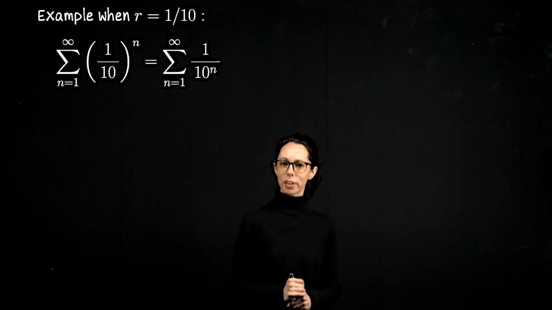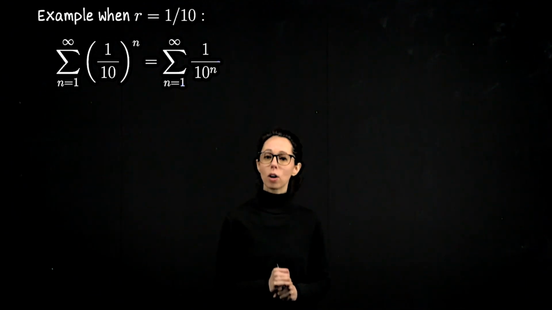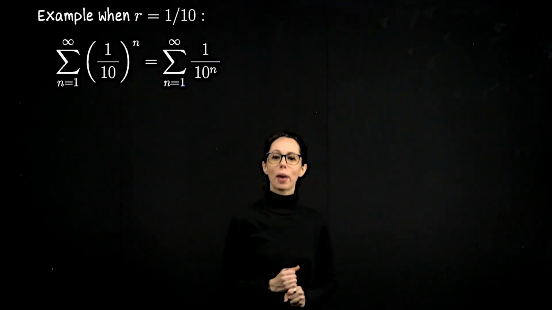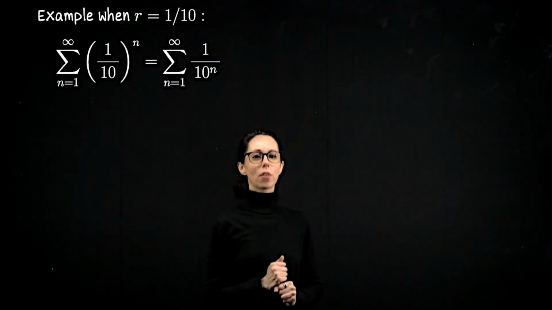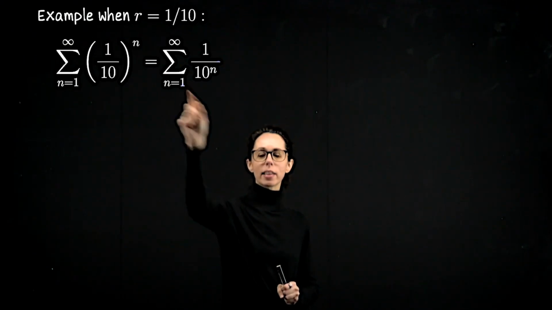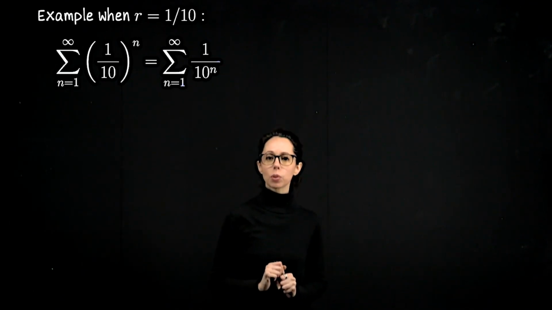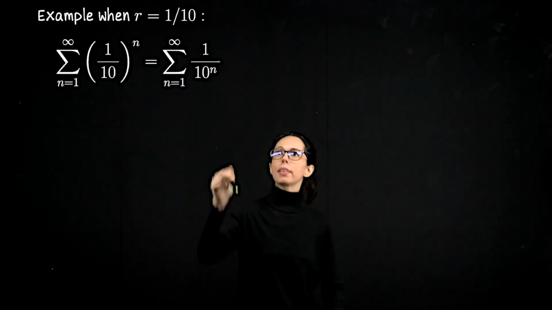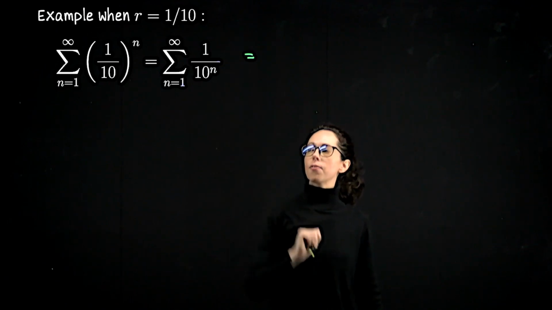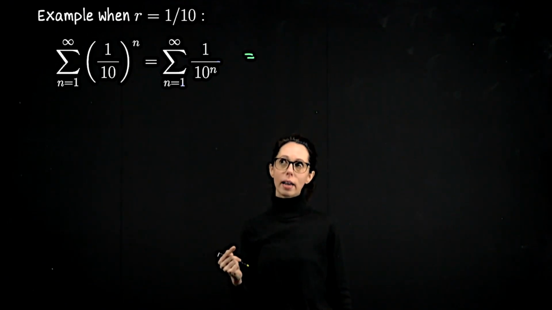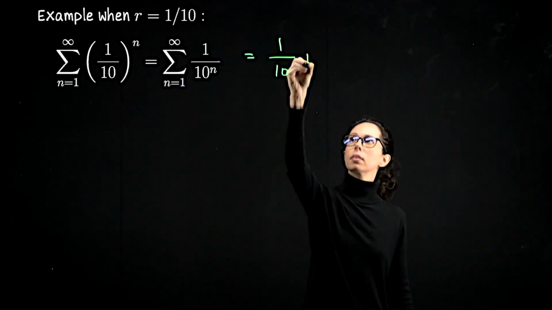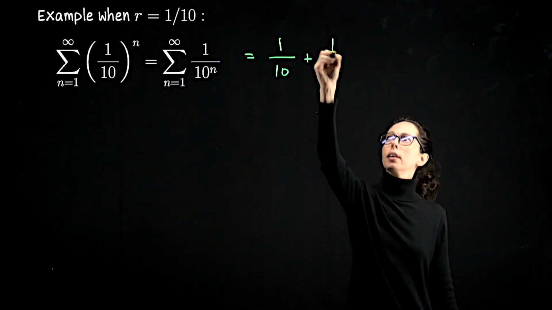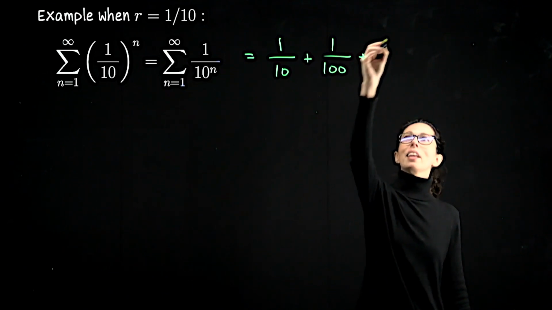Now let's look at a similar example. Here, r is 1 over 10. You can see the two different ways which you might see this kind of series written. I prefer the second way that looks like 1 over 10 to the n. Notice, just like in the previous example, we're going to start with n equals 1. If we start to expand this series, because the first exponent for r is 1, our first term is 1 over 10 to the 1, so 1/10. And then 1 over 10 squared, so 100th, and then 1,000th,